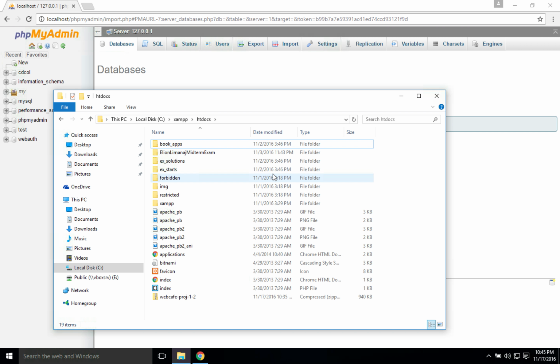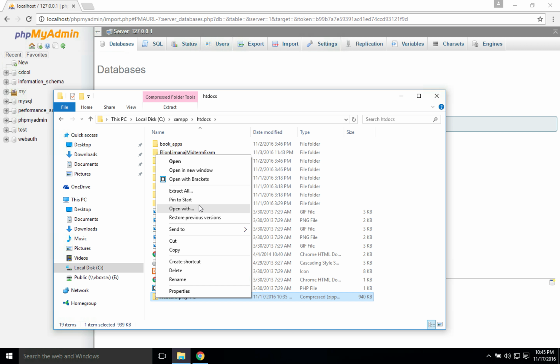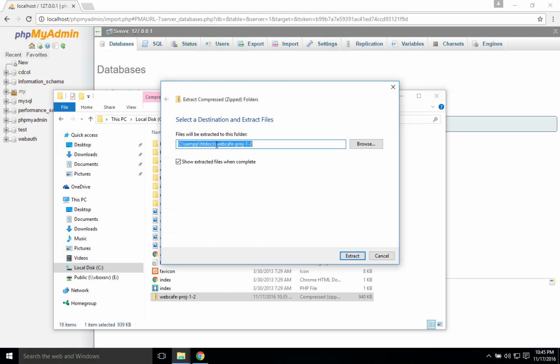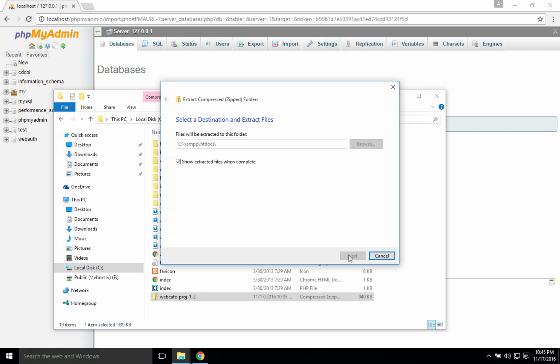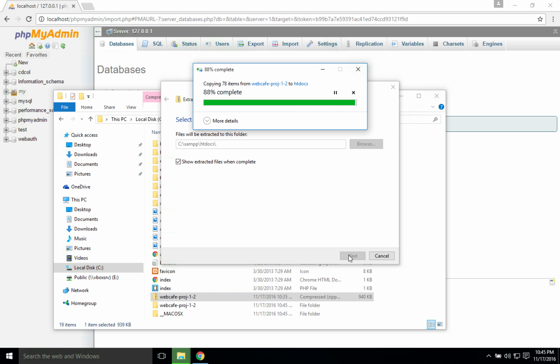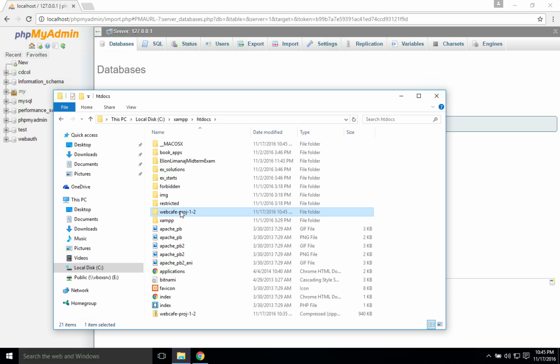This is a short video about our project. Our team name is Web Cafe, so you'll have a zip file like this one. You'll have to extract the file into the XAMPP htdocs folder. This is for Windows. And then when it's extracted, you'll have a folder like this, Web Cafe Project